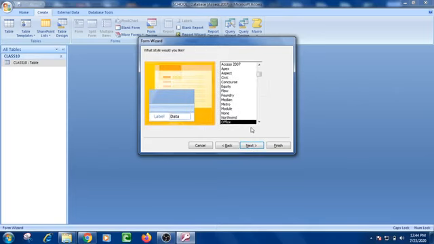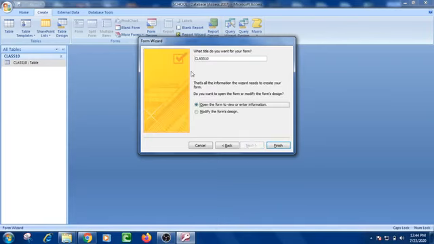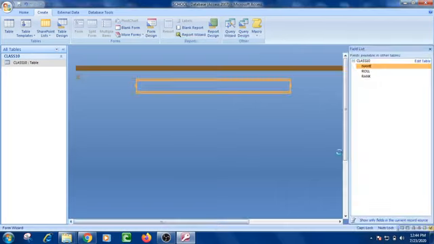Then simply I have selected the style. By default the office style is selected there. Then click on the next. Now I would like to change the title of the form. Suppose that I am writing form 10. Okay. Now click on the finish button. Now you can see this is the form of the table